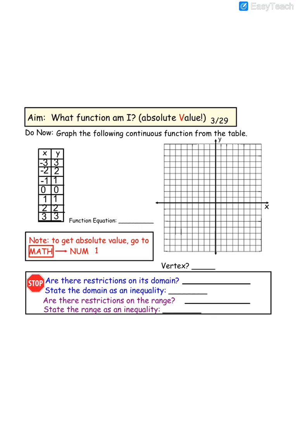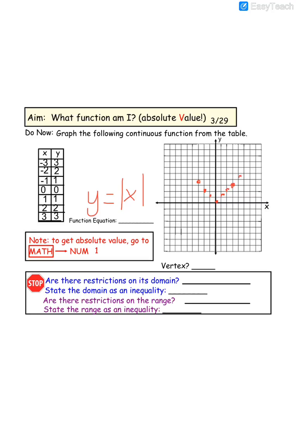So the equation for absolute value looks like this. And this is actually considered what's called the parent function for absolute value. So it looks like y equals the absolute value of x. And that goes with this table here. So if I actually graphed it, it would be negative 3, 3, negative 2, 2, negative 1, 1, 0, 0, 1, 1, 2, 2, 3, 3,